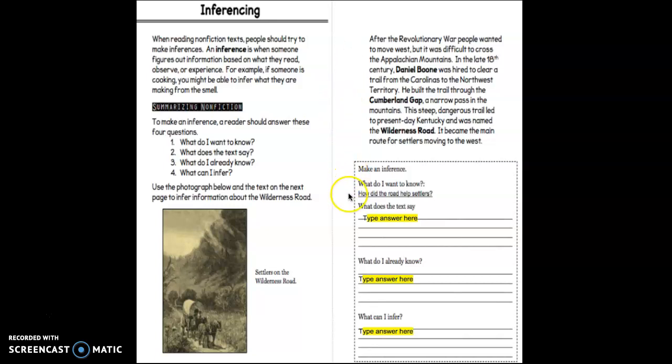So in the box below, you will make an inference. The first one really has been done for you. It says, what do I want to know? And it says, how did the road help settlers? Here's where you'll begin to add your own information. What does the text say? The next one, what do I already know? And thirdly, what can I infer from the text that you just read? And so you would briefly fill out that information. Going on to the next page,